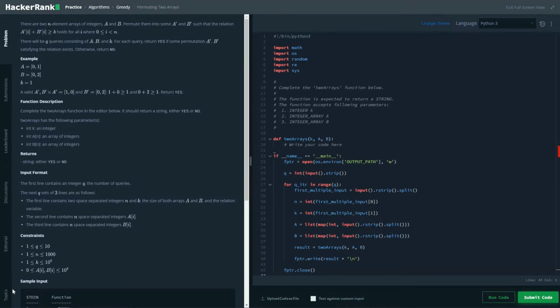There could be n queries containing A, B and k. For each query, return yes if some permutation of A and B satisfies the relation, otherwise return no. The basic problem statement is not proper, but what we have to do is permute all the values of A and B in such an order that, for example,